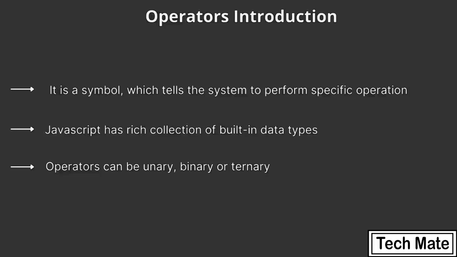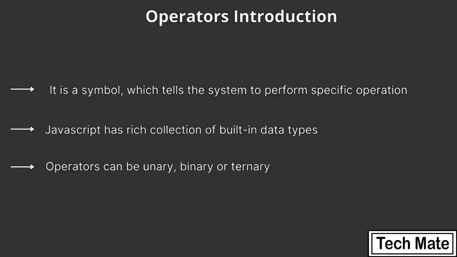So the operator is the symbol, and the things on which the operator would be applied are called the operands. For example, if there are a couple of variables A and B, and we are saying A plus B, then plus is the operator and A and B are the operands on which the operator is being applied. In JavaScript, we have a vast list of operators, and using individual operators we can perform